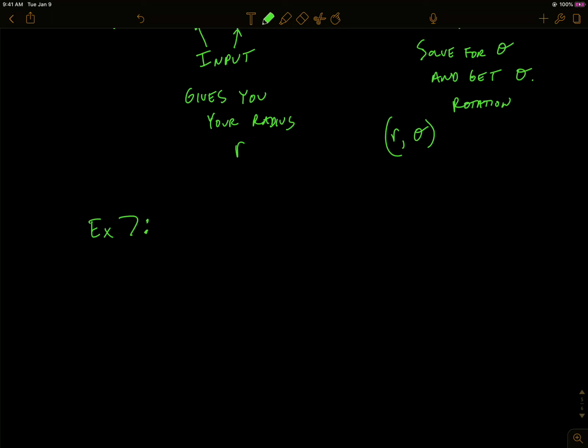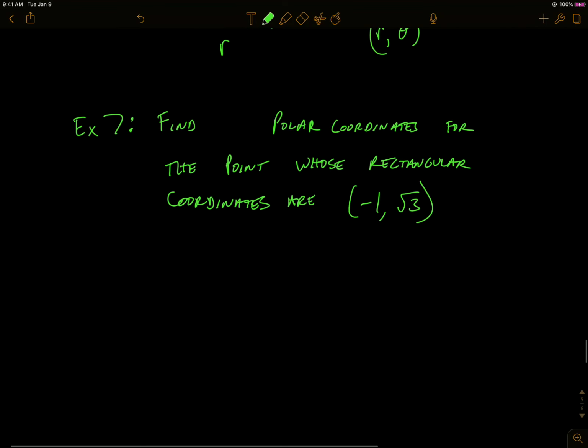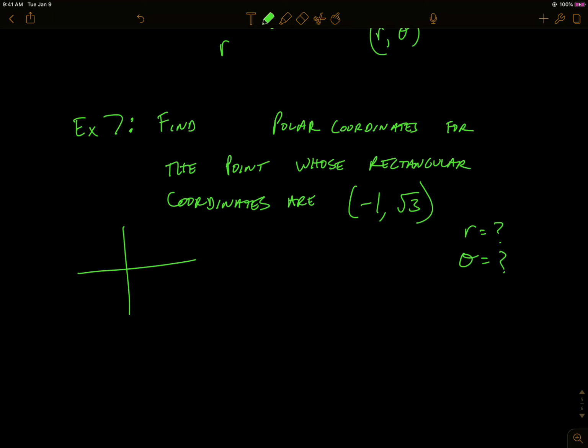All right, so find polar coordinates. I shouldn't say the, because there's many different forms. I'll just say find polar coordinates for the point whose rectangular coordinates are (-1, root 3). My first suggestion here is you got to know when you're talking about theta, right? We want to end up with an r and we want to end up with a theta. And when you're talking about theta, it's important to know what quadrant you're in. And we're kind of given that right off the bat here, because when we say (-1, root 3), that means